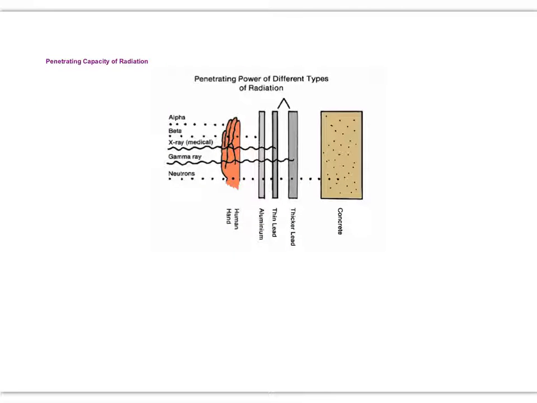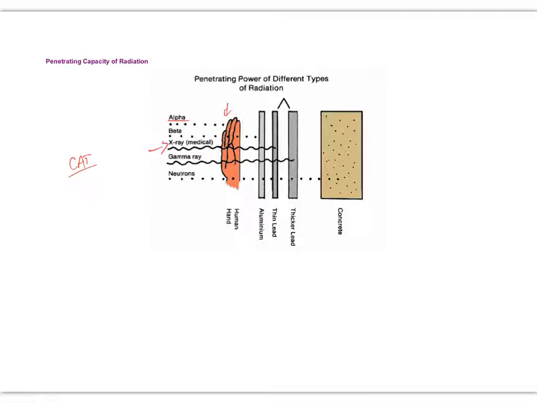And here's our penetrating ability. So we see alpha rays are stopped by the skin, and the one we saw was stopped by paper. Beta rays will go through skin, but are typically stopped by shields of aluminium. X-rays will go through, but are absorbed by bone. The soft X-rays will get some soft tissue, and CAT scans are used. They can also give you a view of soft tissue